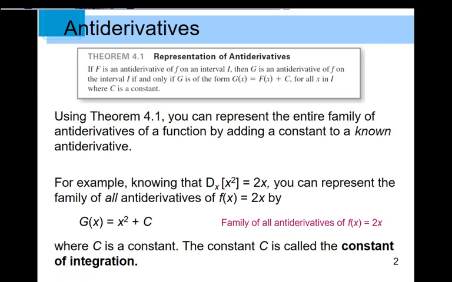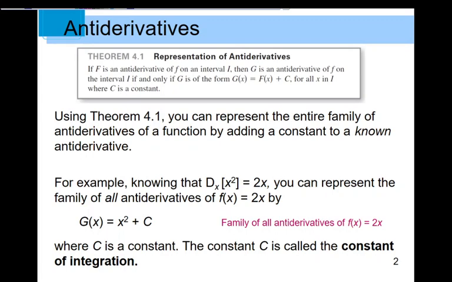If capital F is an antiderivative of little f on an interval, then g is an antiderivative of f on an interval I if and only if g is in the form g of x equals F of x plus c for all x in I, where c is a constant. Wow, that's a mouthful, okay? Basically, it's saying that you can represent an entire family of antiderivatives of a function by adding a constant to